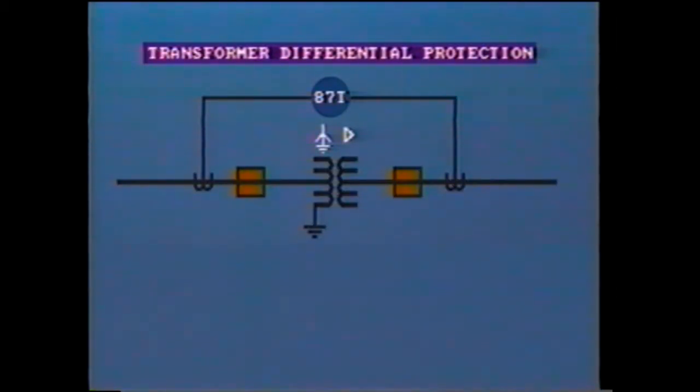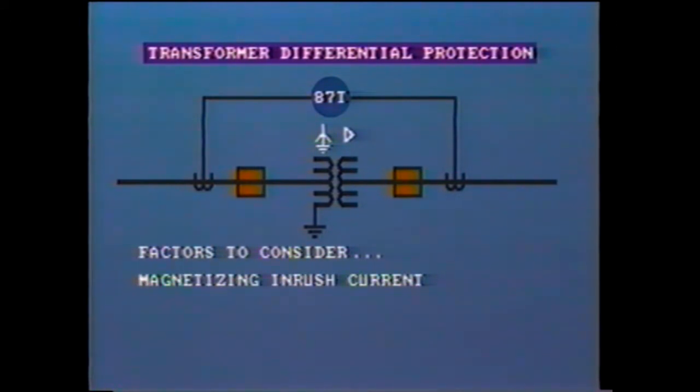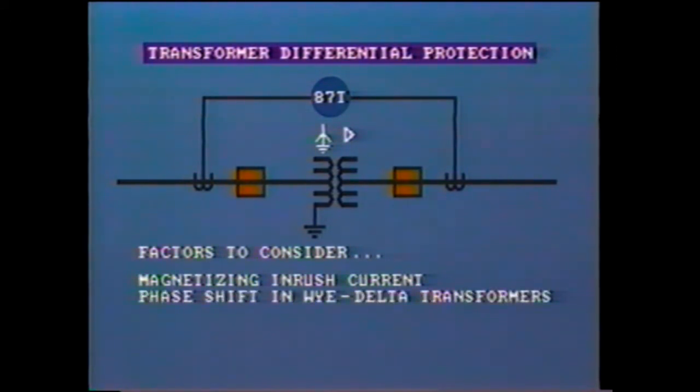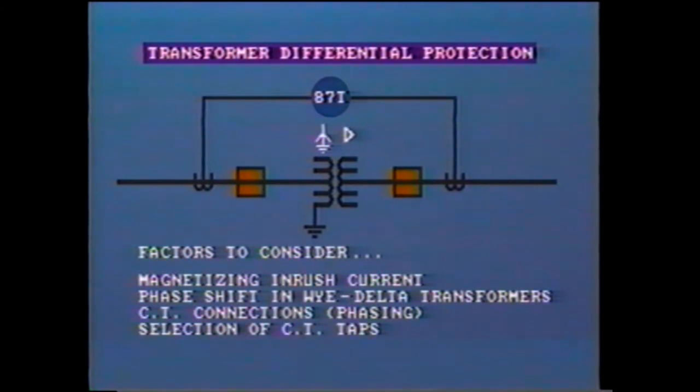When applying differential protection to transformers, certain factors that must be taken into consideration are the magnetizing inrush current, the phase shift in Y-delta connected transformers, CT connections, that is, phasing, selection of CT taps, and the effect of transformer